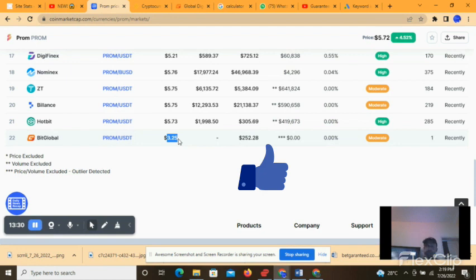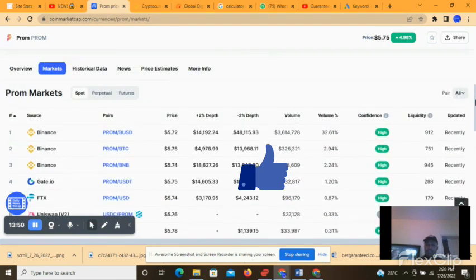Always put the $1 together, so that you can always cut off the transaction fees. Now, once you can do that, you come over to Binance. You can see Binance is trading at 5.72. So you can imagine 5.72 minus